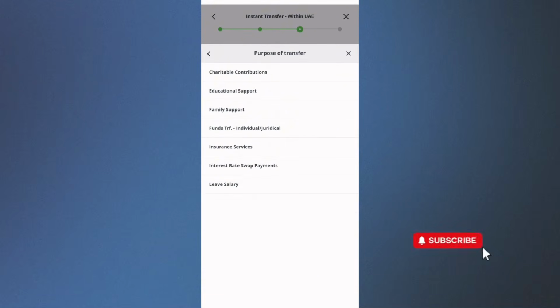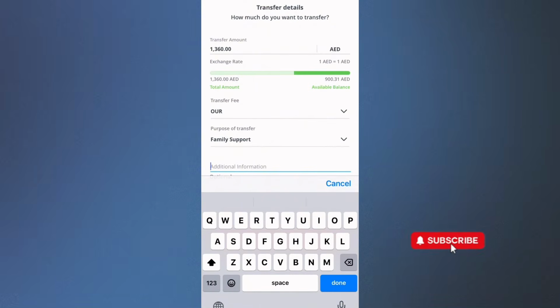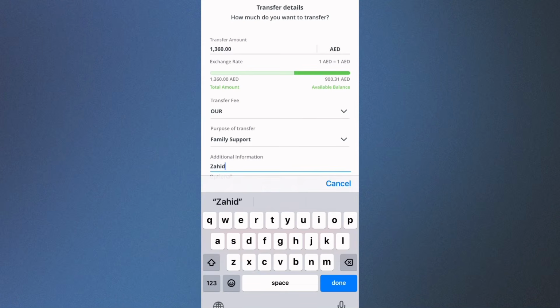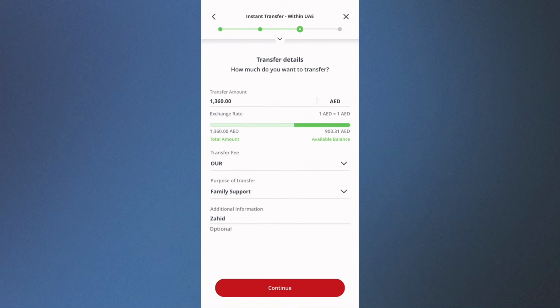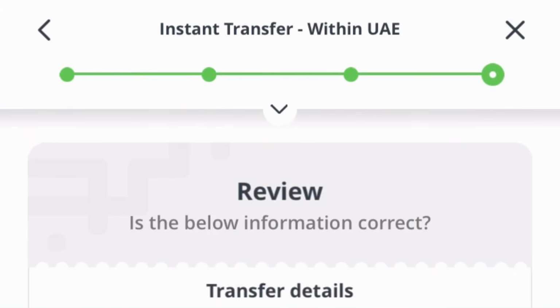Someone in the comments asked me where they get their reference number from. The reference number is given to you by the receiver in case they want you to include this information in these transaction details. So, review the receiver's details and make sure that they are correct, and once you are satisfied with that,